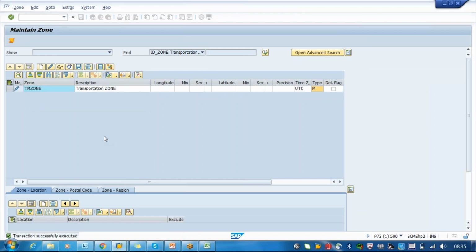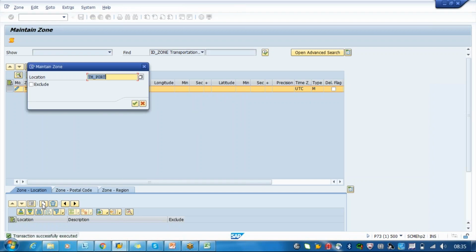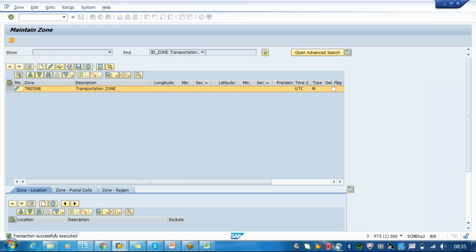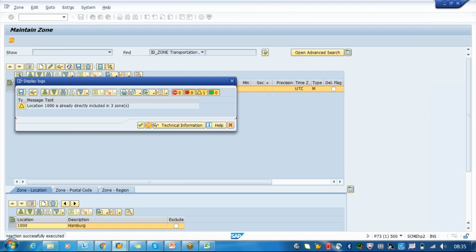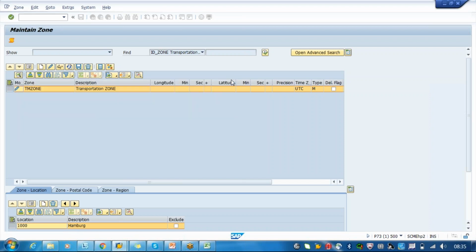Say I add 1000, I will add 11, and I will add one more as 12.